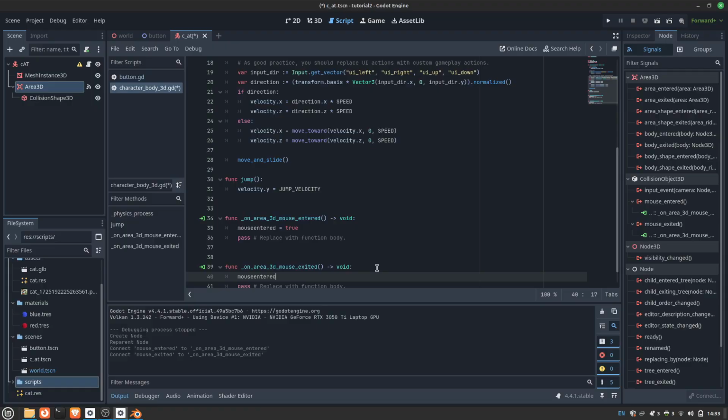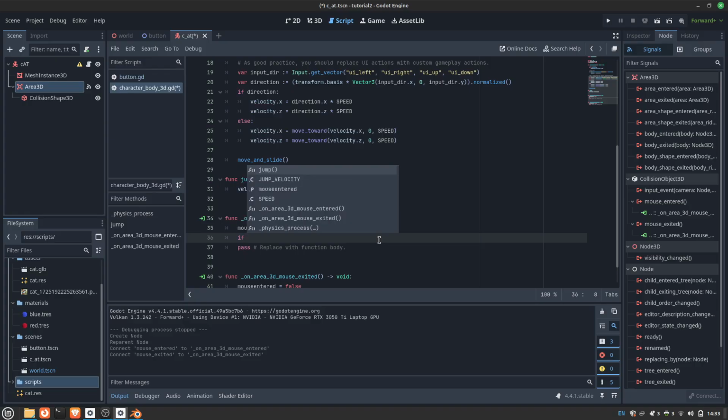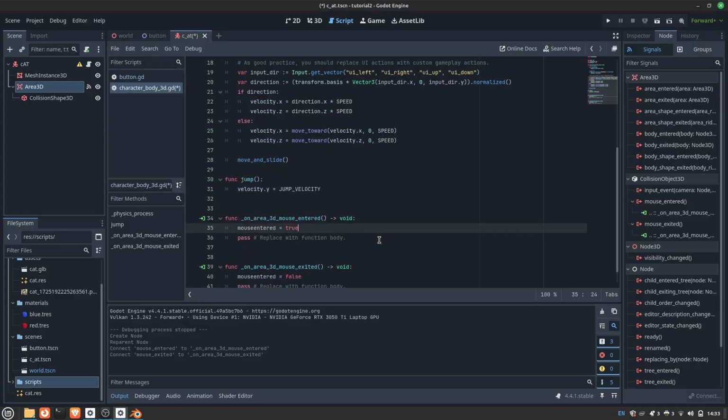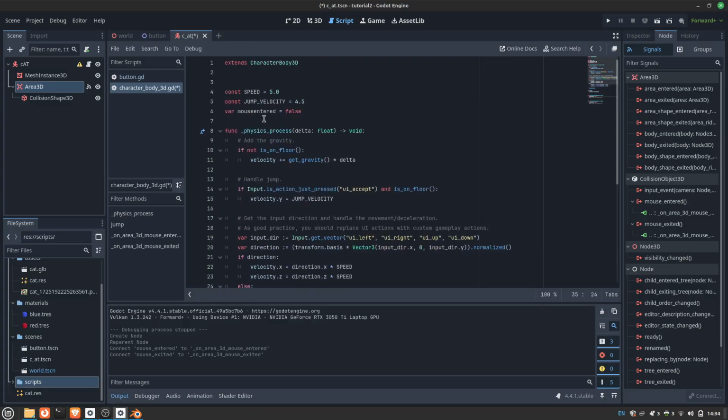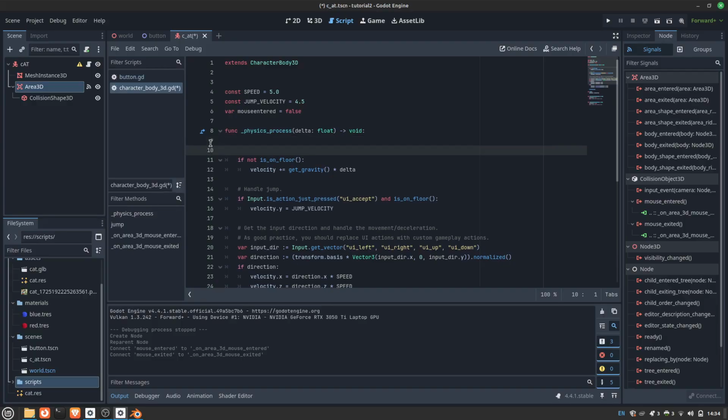Mouse entered equals false. So I will say if, on my process means it's just running constantly 24/7. I will say something like if mouse entered